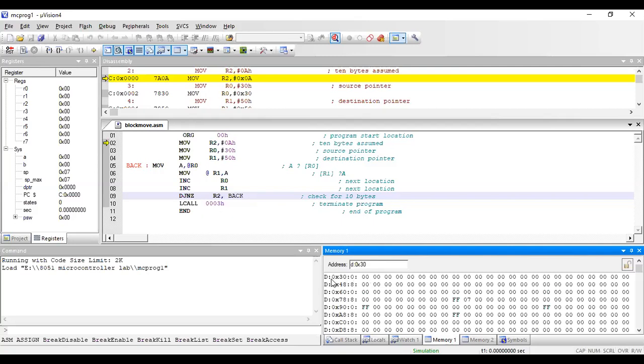You have your 30th location. So double click on that. It will become blue. Then you just enter your value. Let me enter the values, right? I'm giving some values to these locations. These are the different locations which I'm using. These are the different data, 10 data which I want to move from 30th location to 50th location. So I enter the data, then go for run. You can see that there is a run here.